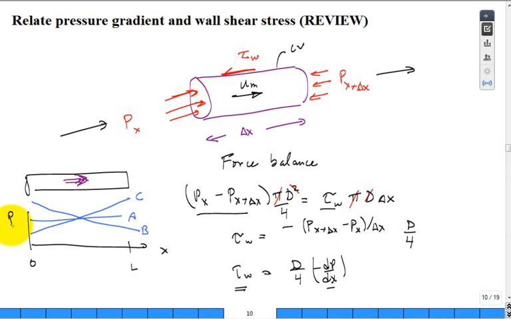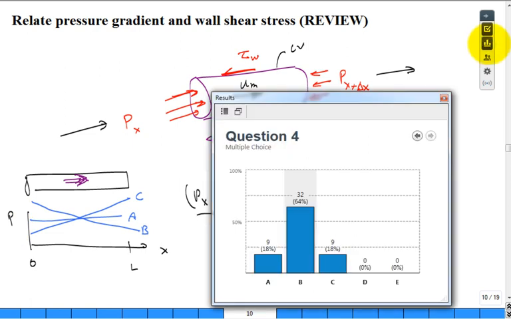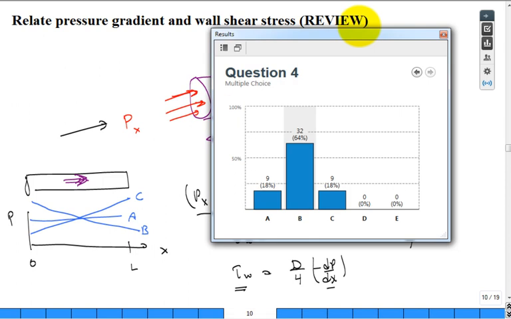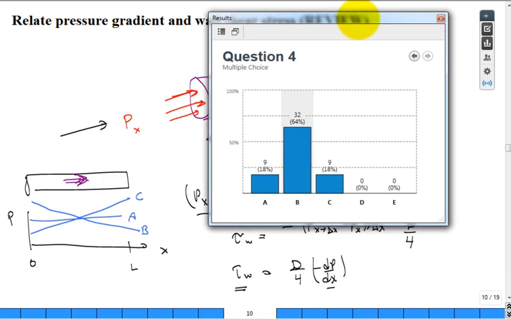Are we ready? I think we're ready. Why are we not 100% correct on a question like this? I mean, you can even leave math to the side, isn't it? If I'm going to push fluid down the pipe, I better have high pressure on one end and low on the other. True? So the right answer is,